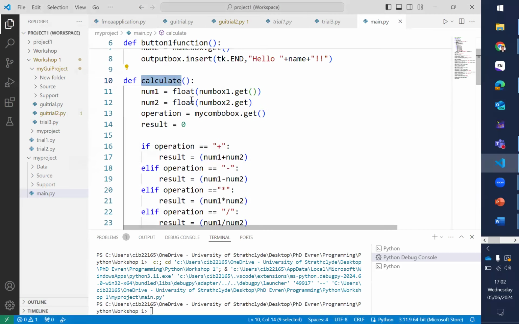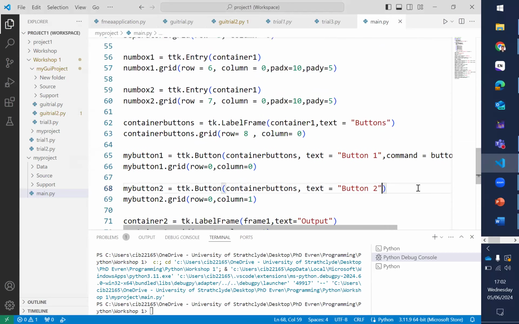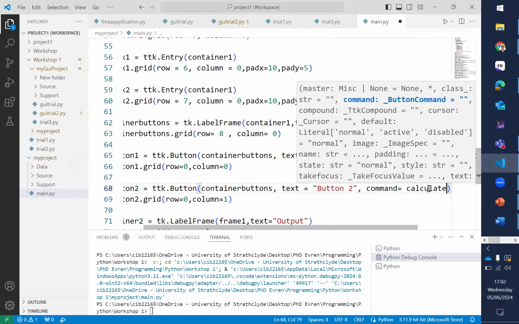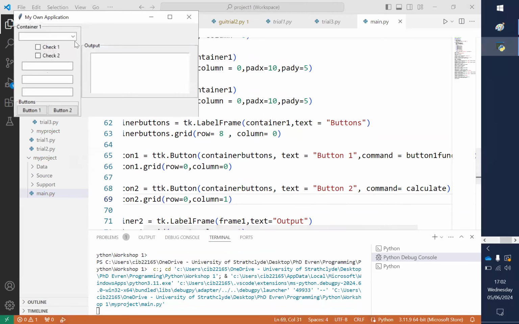So the calculate is a command of the button 2. So let's go to the button 2. It will be command calculate. Yeah, I will just start again. I want plus. The second and the third one were the numbers. Say 12, 5, plus, and when I press the button 2,